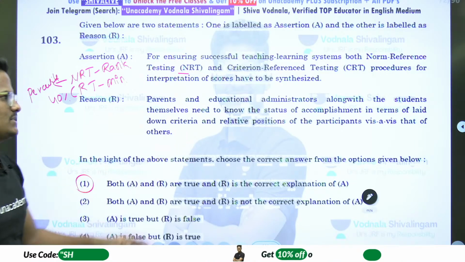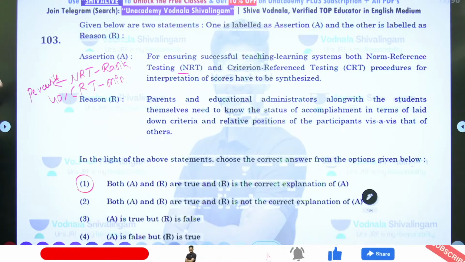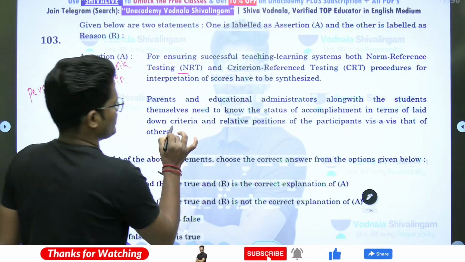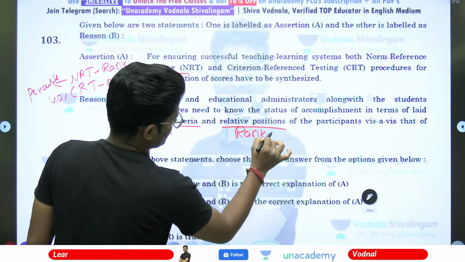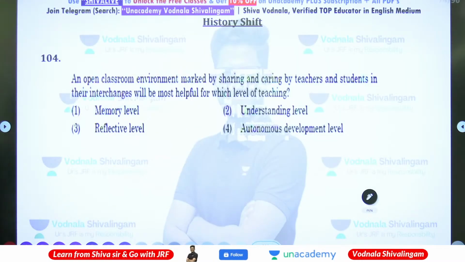Parents and educational administrators along with the students themselves, they want to know their status, what rank they achieved and how much percentage they achieved, they have to know. Relative positions are nothing but ranks. Criteria and relative positions are nothing but a rank as compared to others, in what position I am standing. Next,